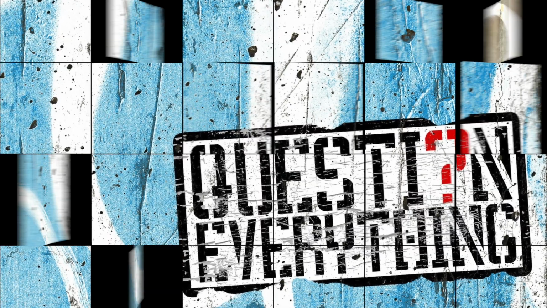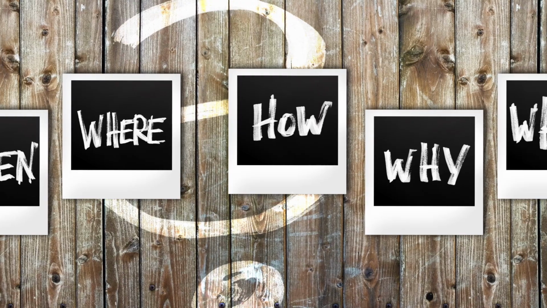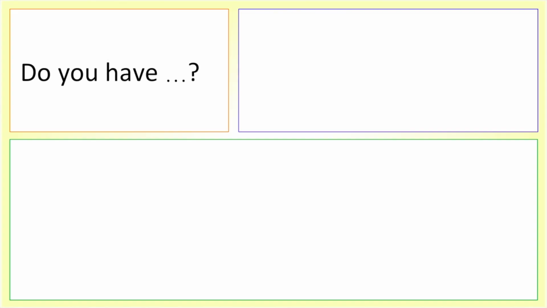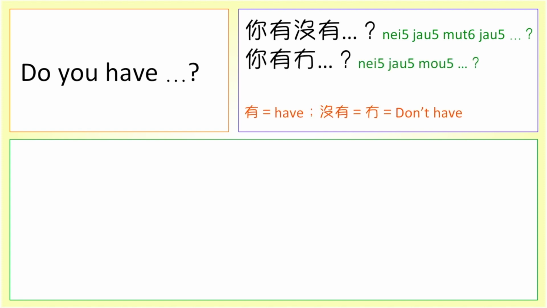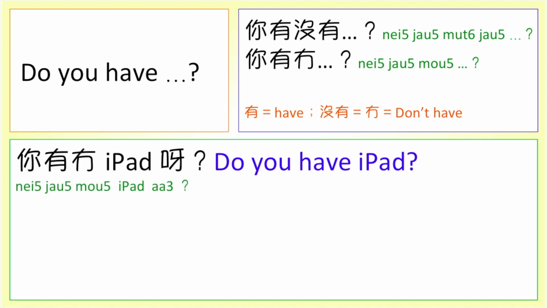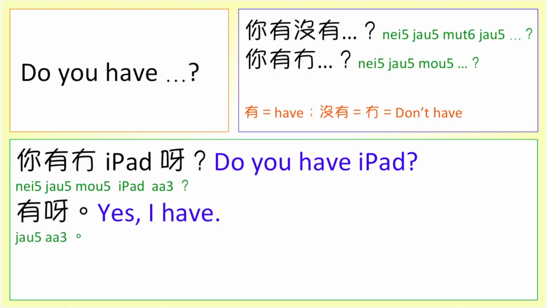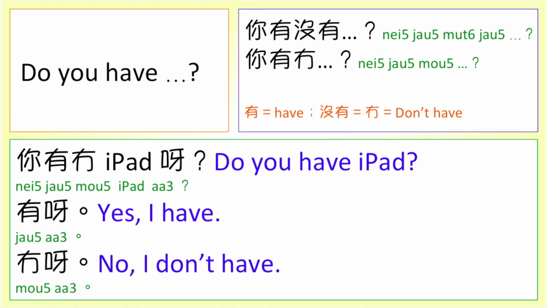In the previous sections, we talked about the question words and discuss how to ask open questions. In this section, we will discuss closed questions. Do you have? In written Chinese, we say 你有沒有？ In Cantonese, we say 你有冇？ For example, 你有冇 iPad 啊？有啊。冇啊。